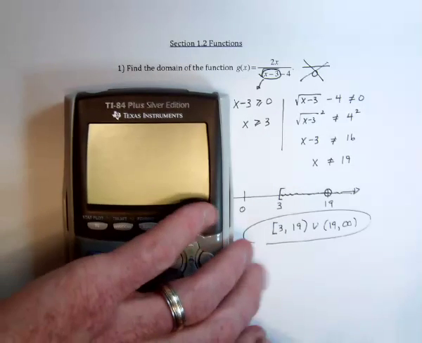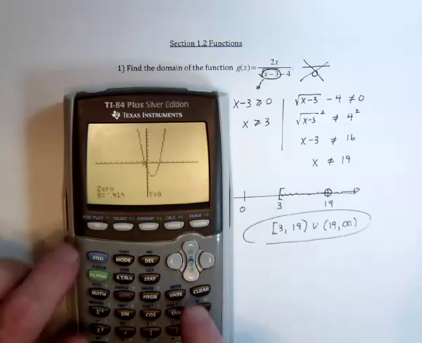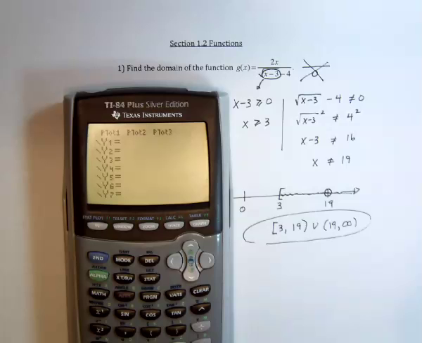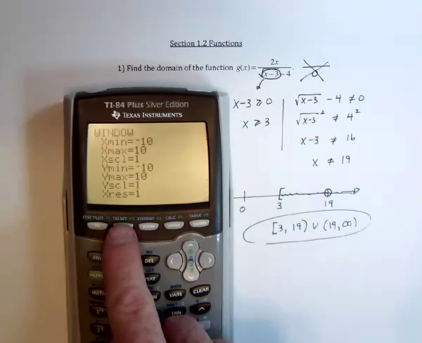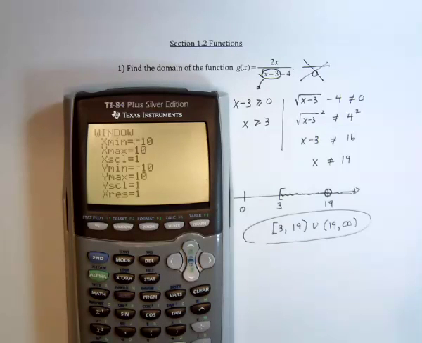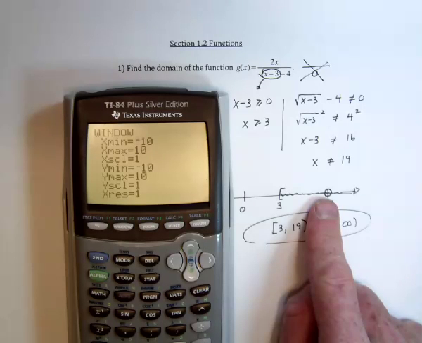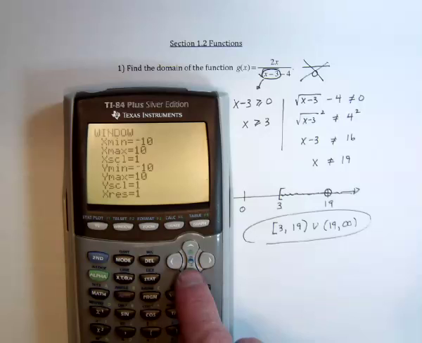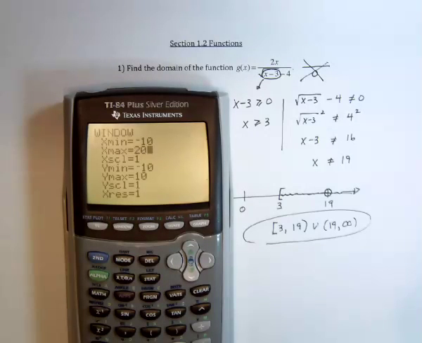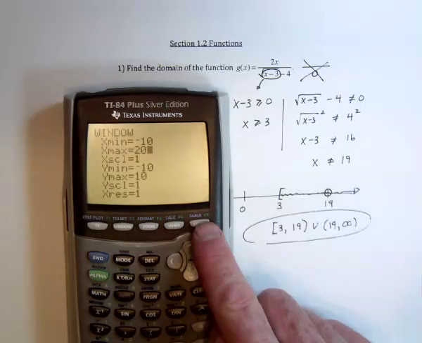And we can use the graphing calculator to verify. So y equals the original function, 2x divided by, and I need to put this in parentheses so that the calculator understands all of this is in the denominator, the square root of x minus 3. Now stop the square root and then subtract 4, and then one more parenthesis for the denominator. Usually I would say that the window should be set to go from negative 10 to 10 for x and y, but as we saw over here, x out here at 19 is part of what we need to look at, so we need this to go, let's say, at least 19, or perhaps 20. And then take a look at the graph,